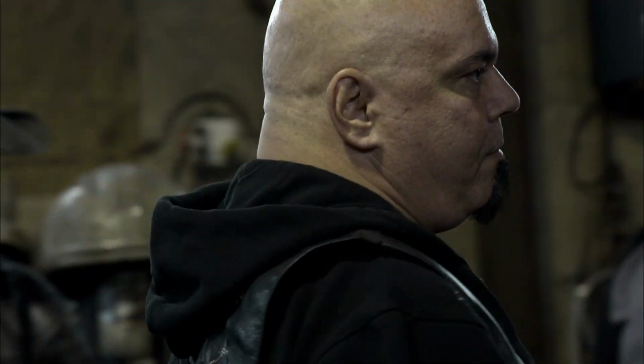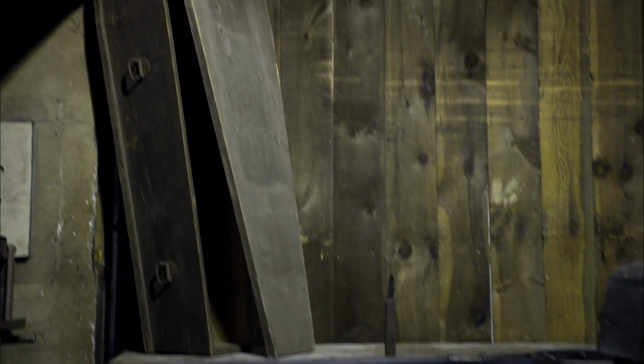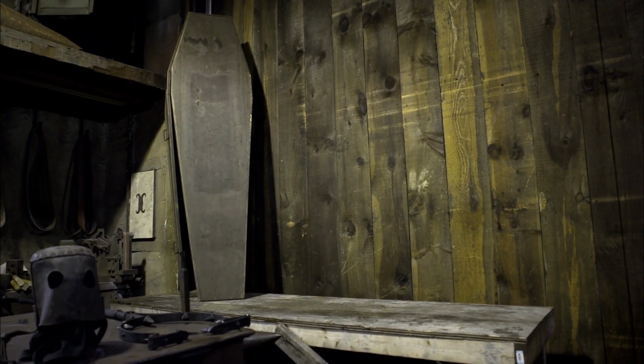It's a really competitive business. You have to make a plan in advance and stick to it. So, do you want everything? I'd like it all. But there's two pieces in particular that I want. One is the coffin, and the other one is that executioner's hood, because that piece is so rare. Think of how cool that coffin would look in the headquarters. Right behind my desk. I'm really excited about this upcoming auction, but first I want to meet with one more whip expert